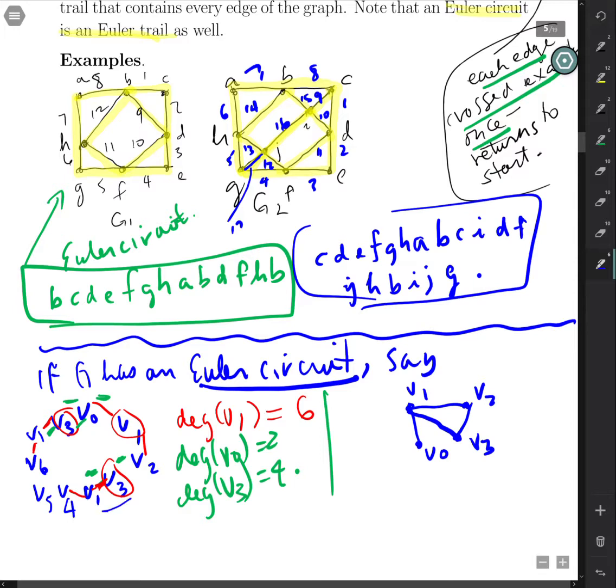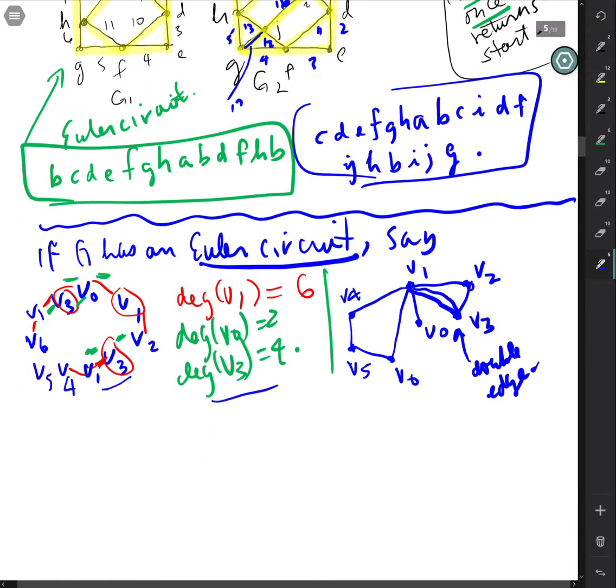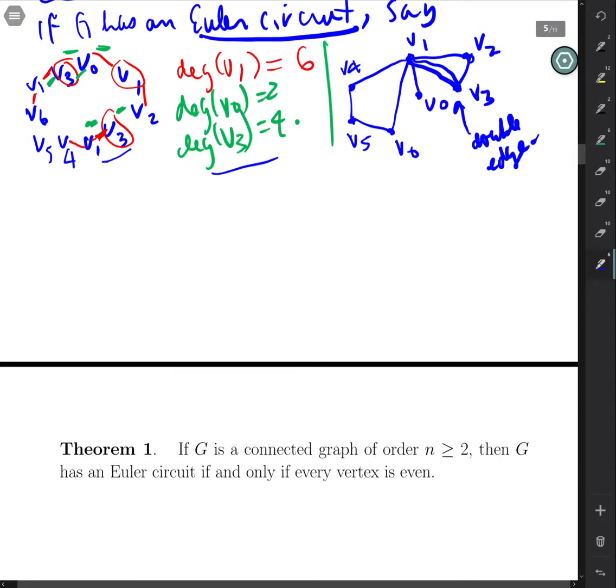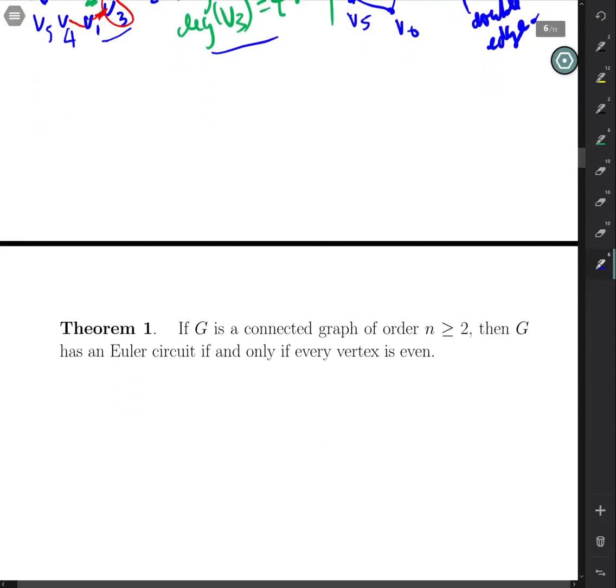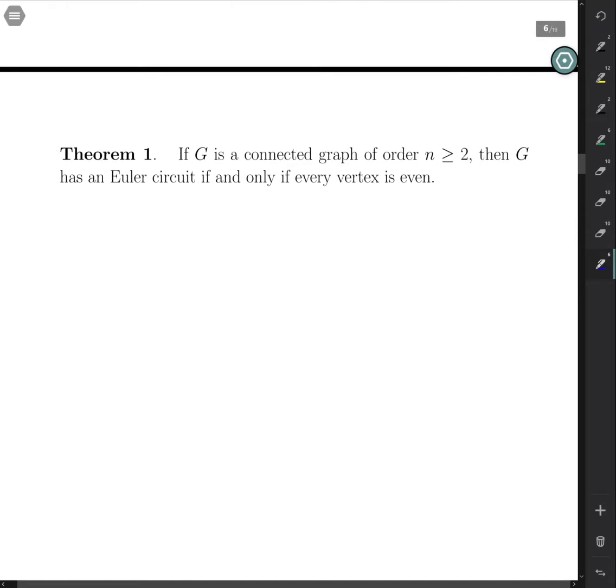And then V1 goes to V4. Why don't we put V4 over here? And then V4 goes to V5. V5 goes to V6. V6 goes to V1. And then V1 goes to V3. Oh, so look, there's a double edge right there, and that's fine. There's no problem with that. But the key ingredient here is that however this works out in any such Euler circuit, the degree of each vertex has to be even. In fact, that's all we need as long as the graph is